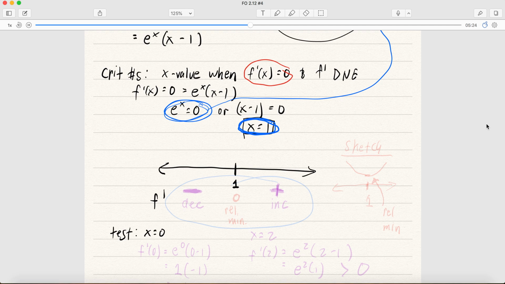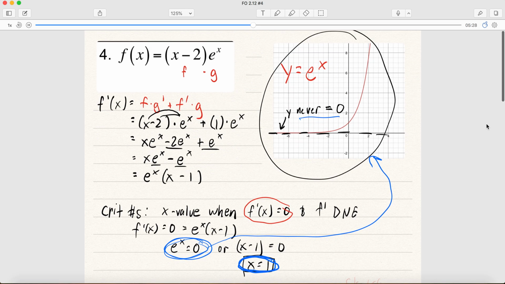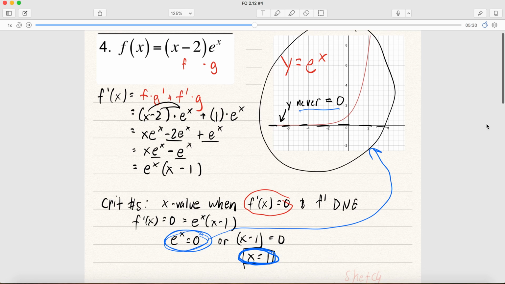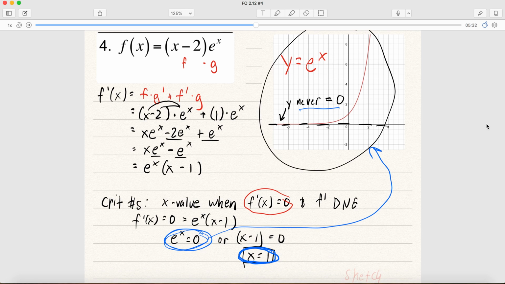I have two functions. I've got f of x and I have f prime of x. Which one do you think is the better option? Well, when we're doing the derivative test, we want to plug it into the derivative, because the derivative tells us about the slope, which is what we really care about. So when I plug it into the derivative,